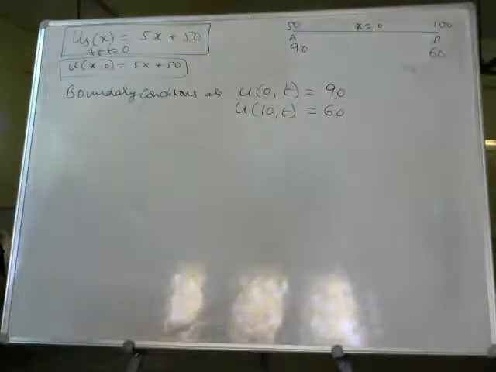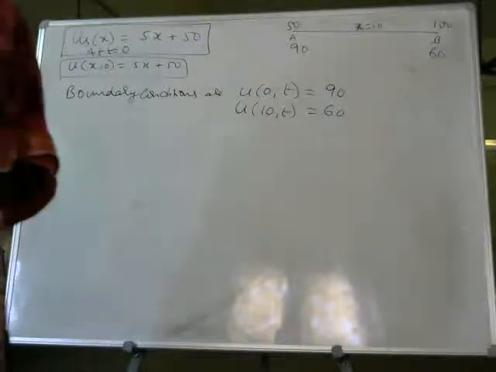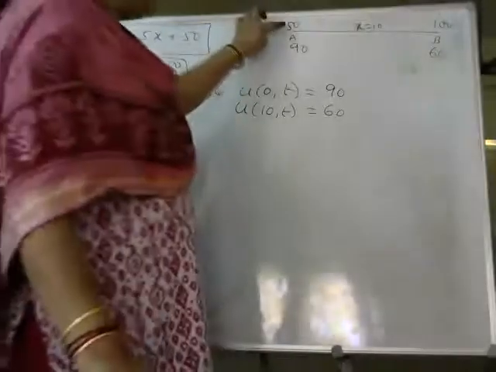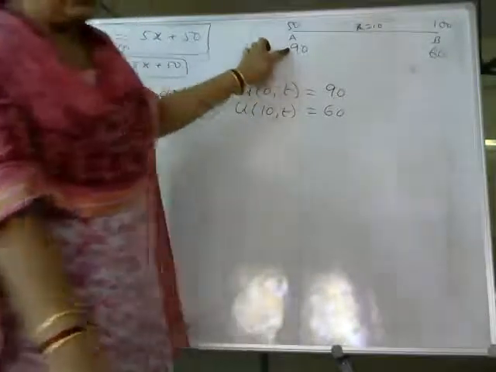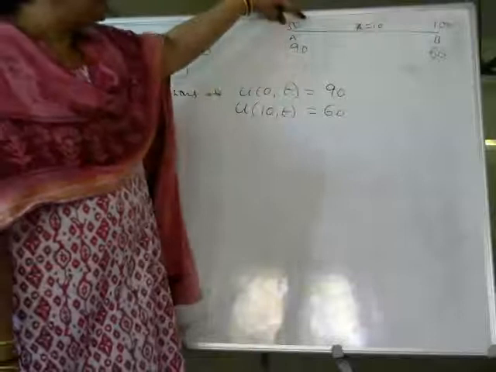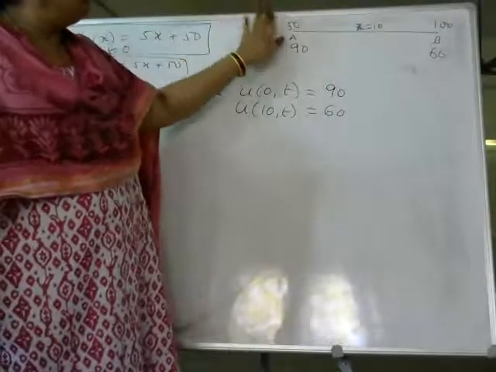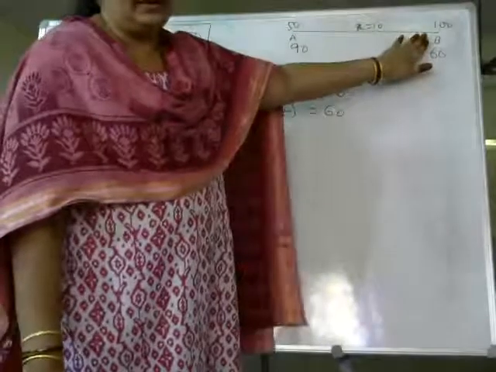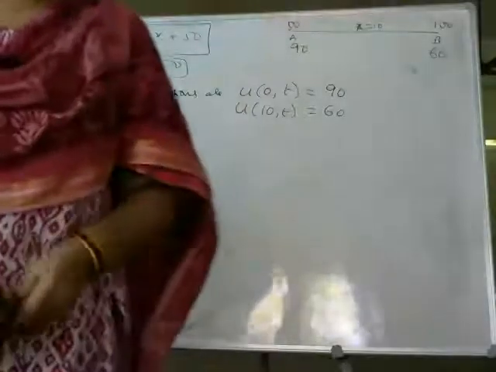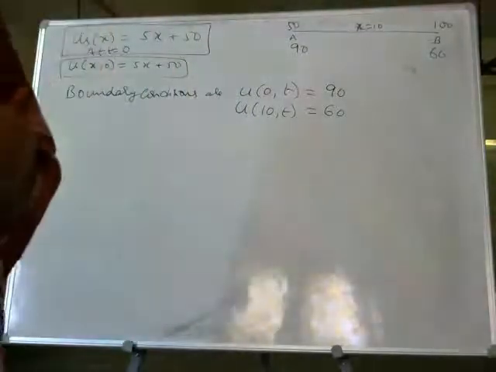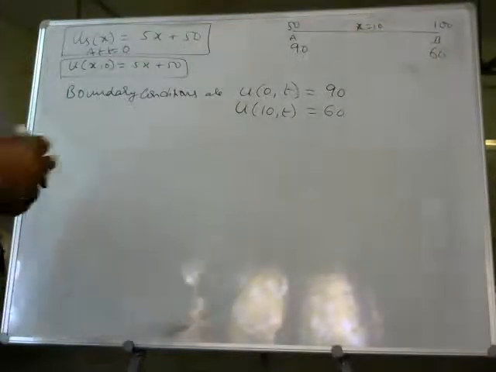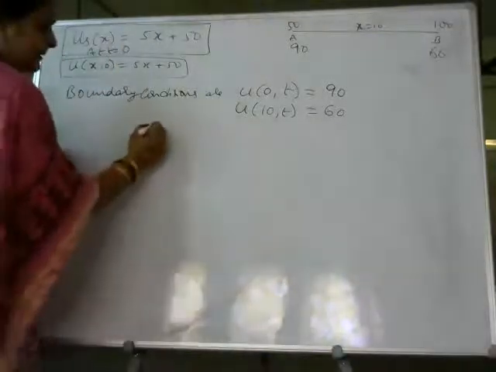You can observe here that the end temperatures are not zeros. So what do we do? We modify the temperature. Actually, what is the procedure? There is a change in the temperature. After the change in the temperature, again it is kept steady. Originally the temperature is at 50 and 100; they have heated one end and kept the other end cold. So the temperature is changed to 90 degrees and 60 degrees. What is the process going on here? The temperature is changing. After it is changed, again it is kept constant. It is kept still.